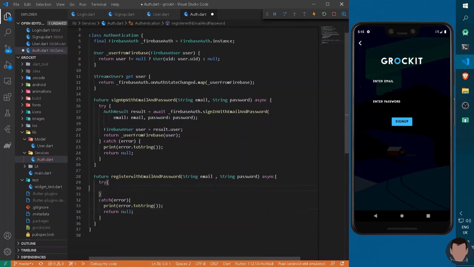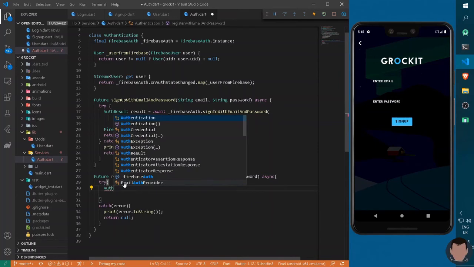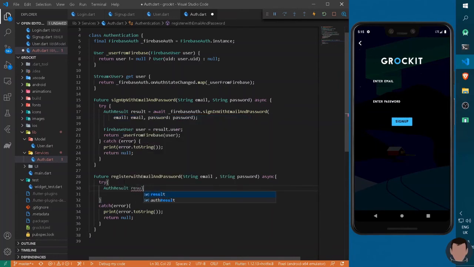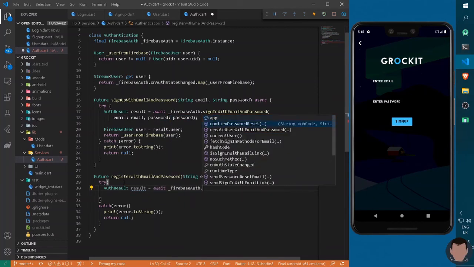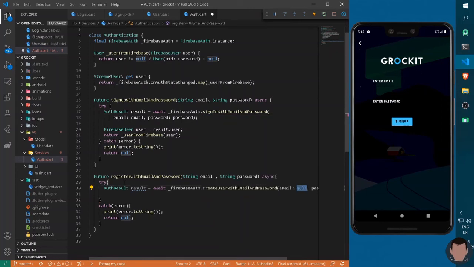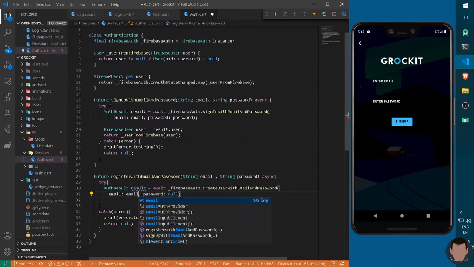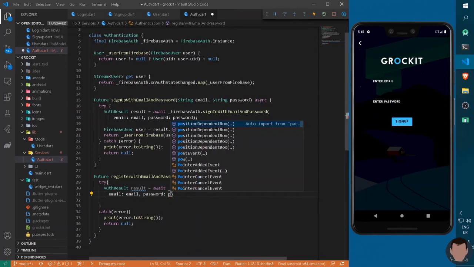Okay. And under this try block, similarly you can write authResult under the await statement of the FirebaseAuth.createUserWithEmailAndPassword, which will take email and password. So I can write here email as well as password.